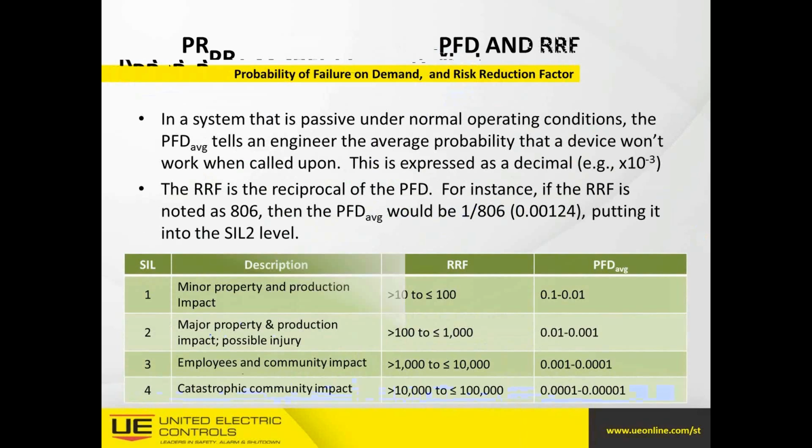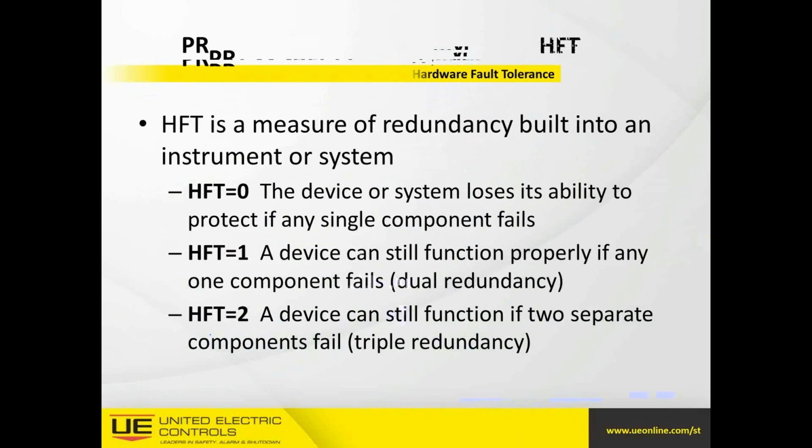So putting this application that we're talking about of this example into the SIL-2 level, which is a device we're going to have to find in the industry that has a risk reduction factor of over 100 and less than 1,000, protecting us from major property and production impact and possible injury, is a SIL-2. Now once we determine that we're now looking for a SIL-2 device,